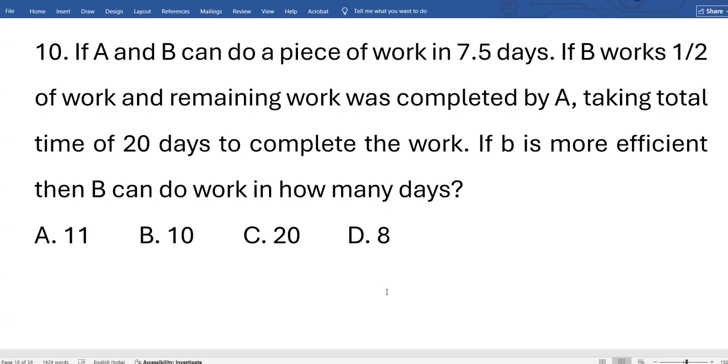There is one mistake in that line, it seems. Because in the last line, B is more efficient than B. Small b, big B. Check. There is some mistake, it seems. I'm just trying to correct it. A and B can do a piece of work in 7.5 days. If B does half of the work,